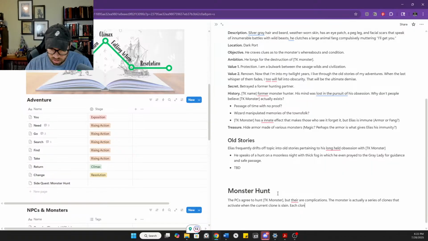Each clone gains new abilities, making it harder to face than the last. And then we're going to say things like invisible to anyone who doesn't possess part of the monster.